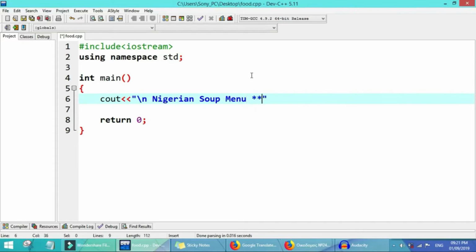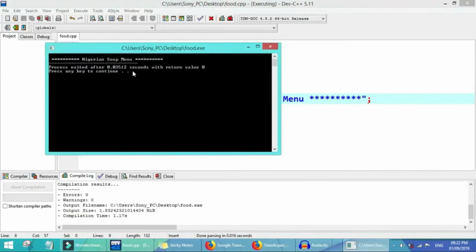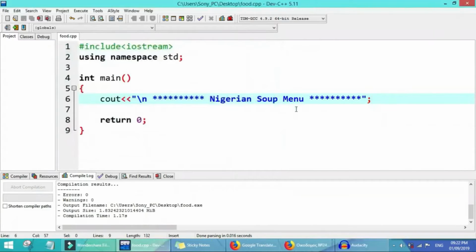Okay, we design them with small asterisks for the two side. Okay, we check and we see as it be, because na design. Anytime with the design, we need to check our work to see whether it show fine. So this one better like this.